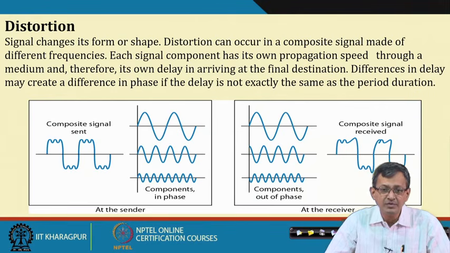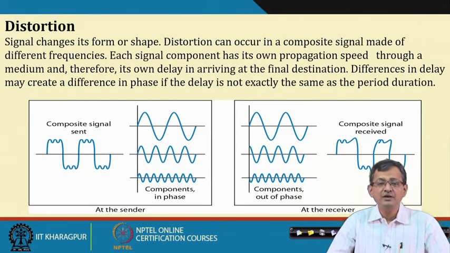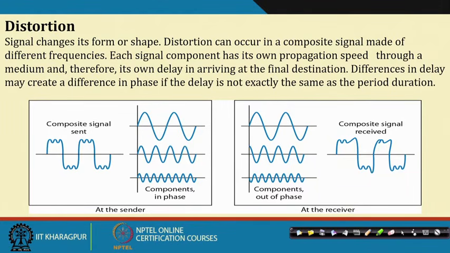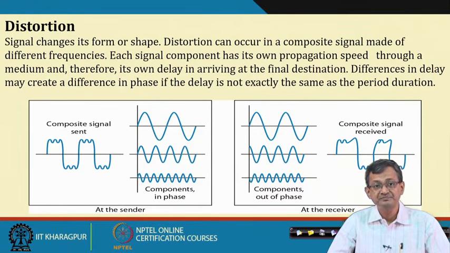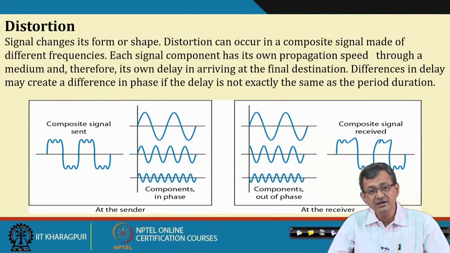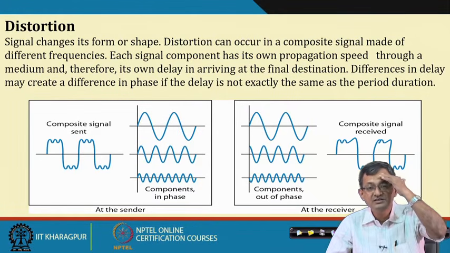Another source of impairment is distortion. The signal changes its form or shape. Distortion can occur in a composite signal made of different frequencies. Each signal component has its own propagation speed through a medium and therefore its own delay in arriving at the destination. Differences in the delay create a difference in the phase, which in turn